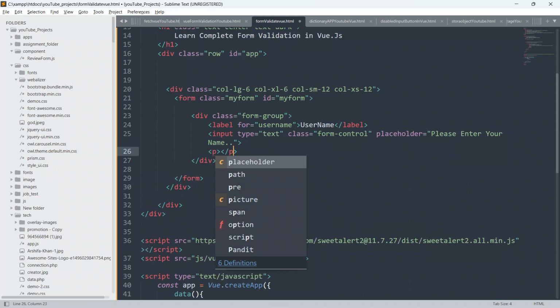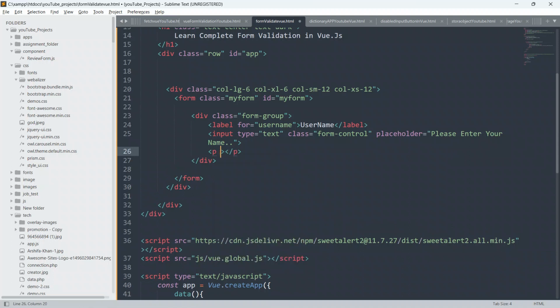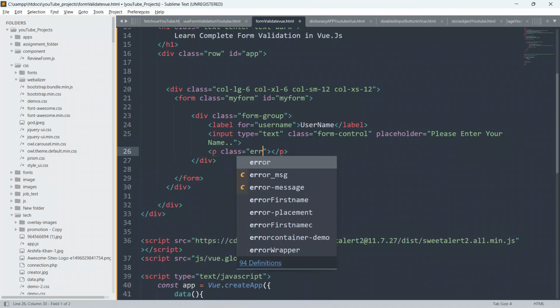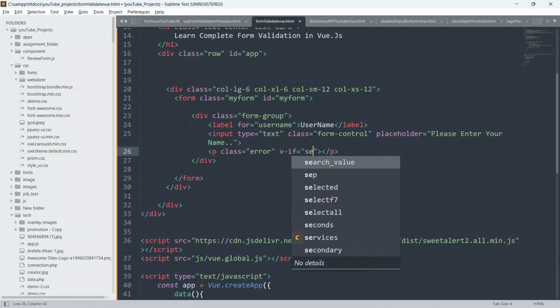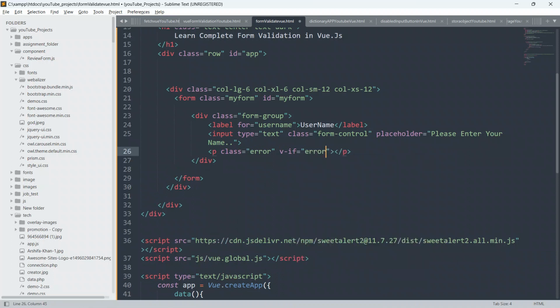Whatever will be the error, we will display inside this p element. So give some class also as error, and we will also give our v-if, I will explain you later. So give v-if equal to error dot username, and here we will display our errors.